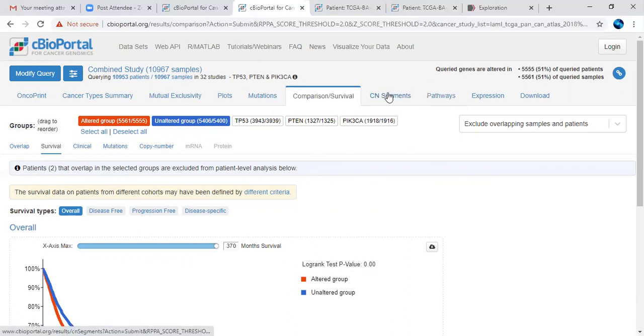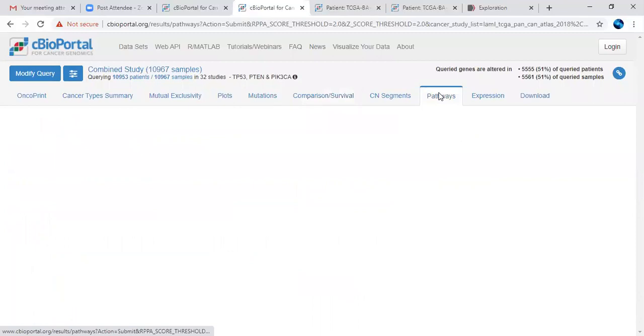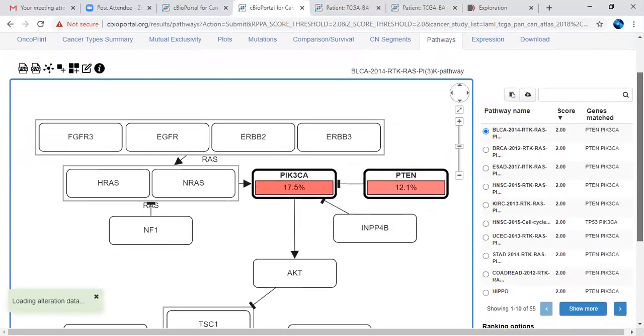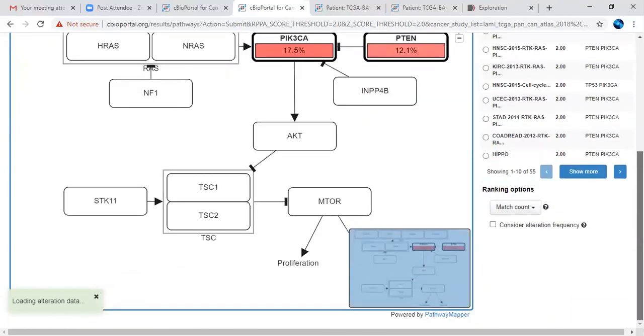So CN segments is nothing but what we have seen in the previous demo, that is the copy number alterations. Now we are going to see what pathway information, if available, it is showing. I think it is not there. But for pathway alterations, if we provide in the drop down box the option like P53 signaling pathway, then it will show you what type of pathway information is there and how the alterations are included. So here you can see the pathway information with respect to alterations data.